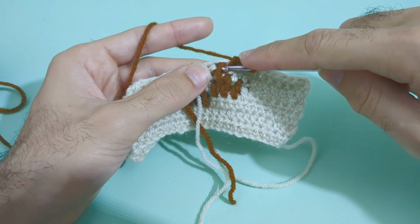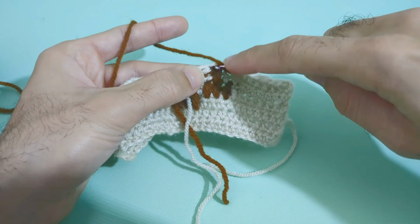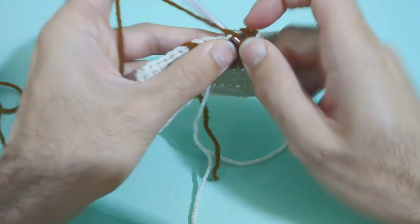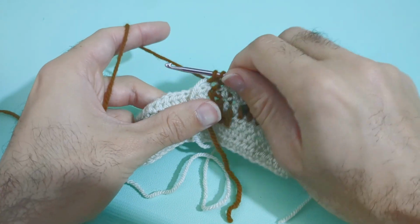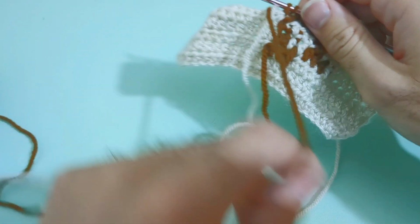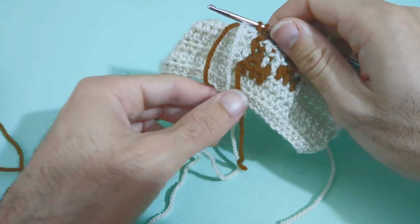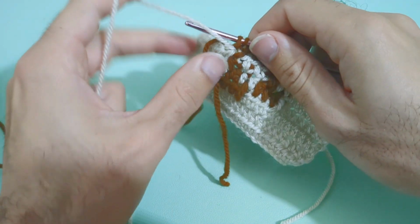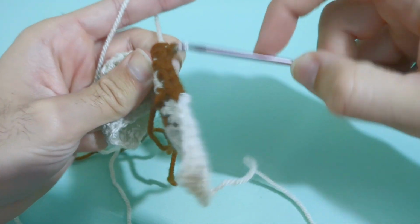So we've now reached that stitch, so we don't have to pick up that float anymore. We do have to continue picking up the grey yarn for the next 5 stitches. We now want to swap back to the grey yarn, so I'm going to drop the brown yarn and pick up the grey yarn over the top of the brown yarn so they don't twist. I'm going to complete that half double crochet,